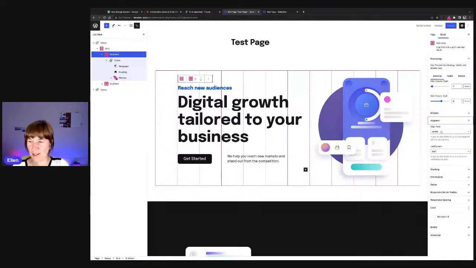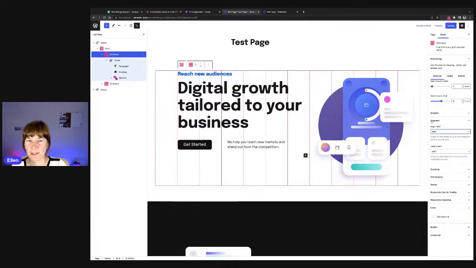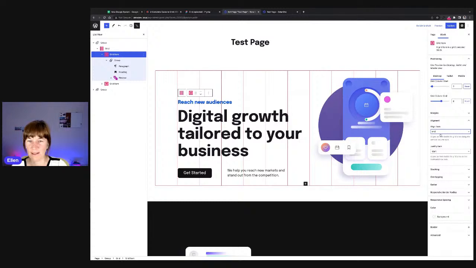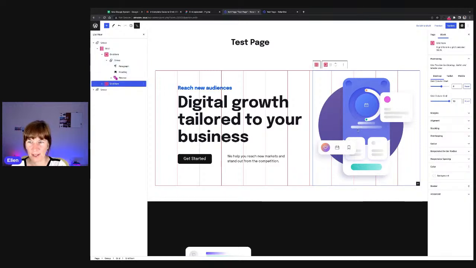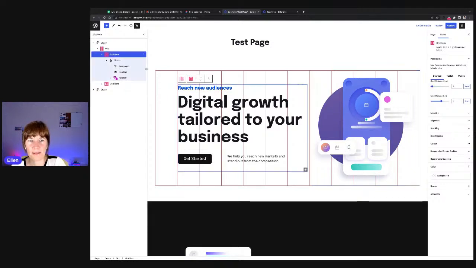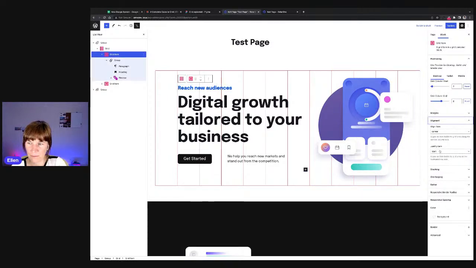Okay, let's go back to alignment. So for the grid item here, I want it to be aligned in the center, not on the top. If I put it to start, it would start from the top, as you can see in the editor reflecting that. On the end, it would be from the bottom. What I wanted was to always have it centered compared to the second grid item. The image is, in most cases, taller than the text. So what I want is the grid item to be centered compared to that. So that's why I have the item